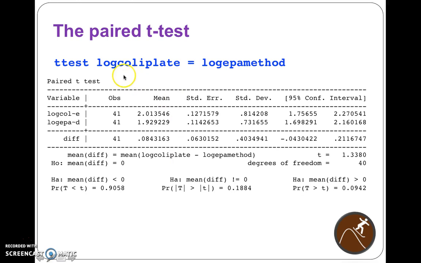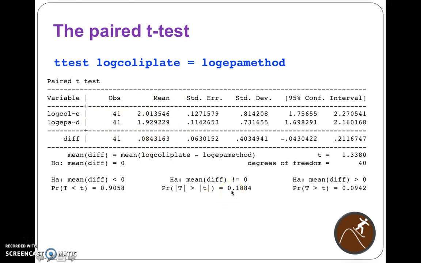When I do the paired t-test, I have to do the t-test on the log transform data. So t-test log Kohli plate equals log EPA method. This is the paired t-test. You could have done the point and click, or you just type in t-test log Kohli plate equals log EPA method. And when we do that, we get a mean log 10 value of 2.01 log, which is about 10. And then we get an EPA value of about 1.93 log, which is not far off of 10. So when we actually look at the mean values for these 41 observations,